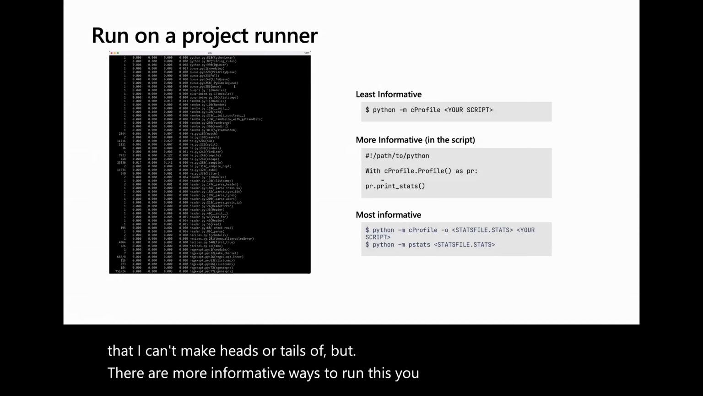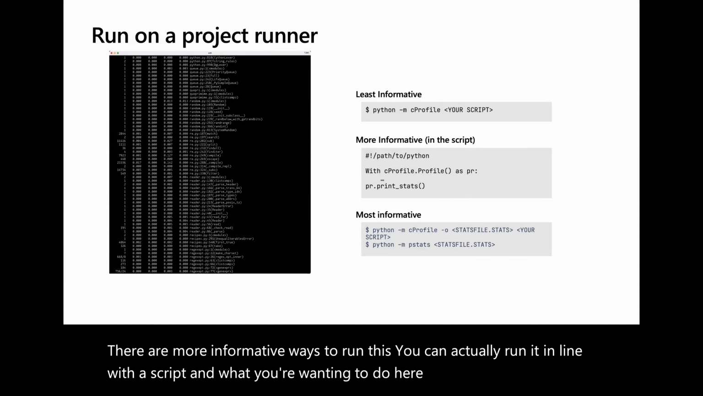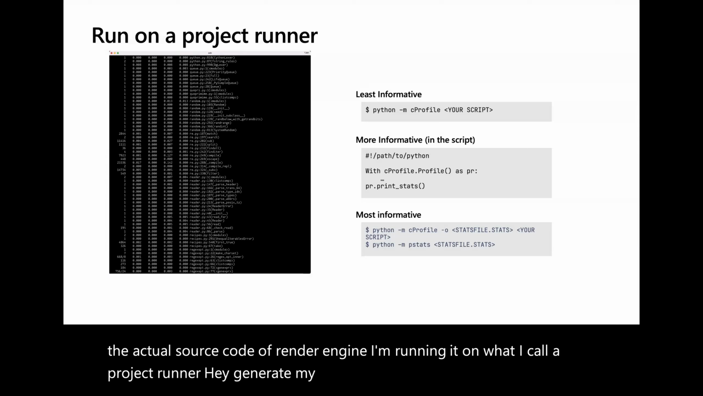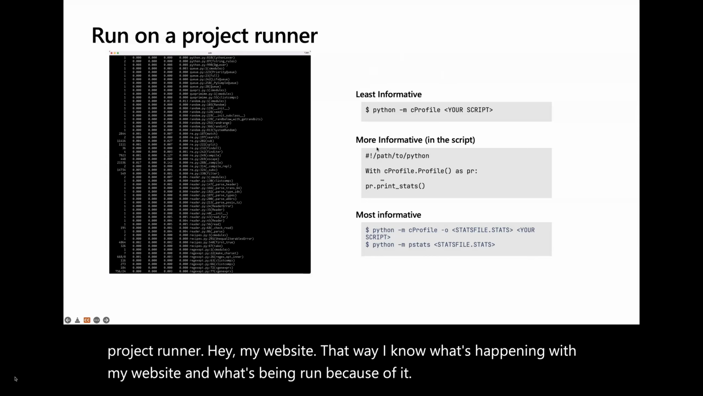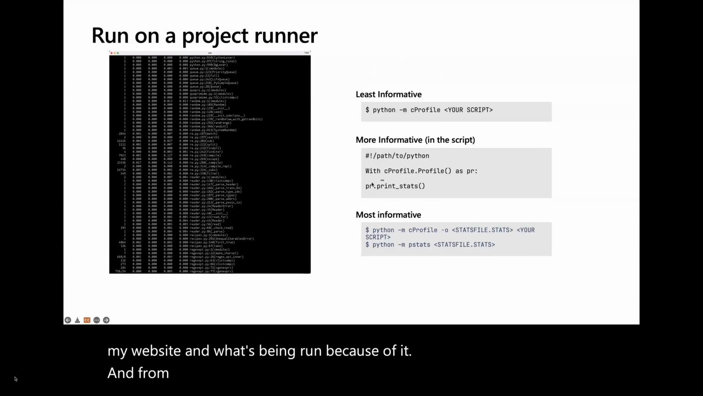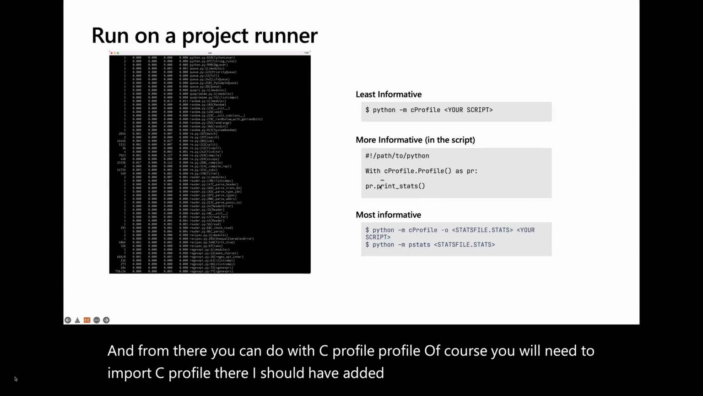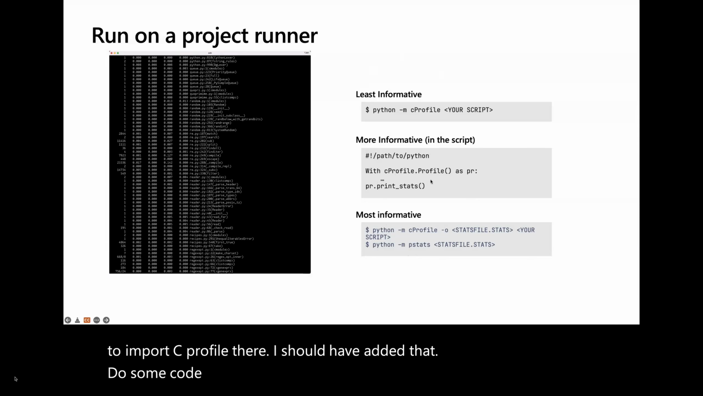You can actually run it in line with a script, and what you're wanting to do here is I'm not running it on the actual source code of Render Engine. I'm running it on what I call a project runner. Hey, generate my website. That way I know what's happening with my website and what's being run because of it. And from there, you can do, with cProfile.Profile, of course, you will need to import cProfile there. I should have added that. Do some code and then print the stats, and you'll get something similar to this, but it'll be narrowed down